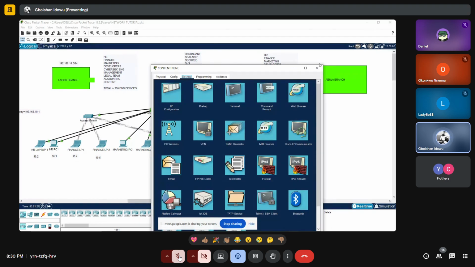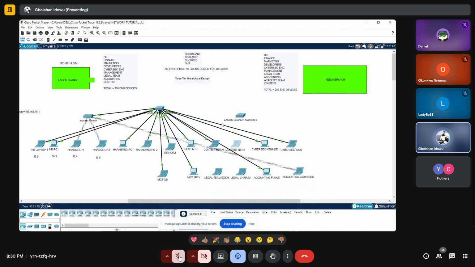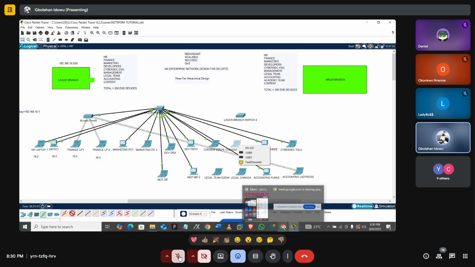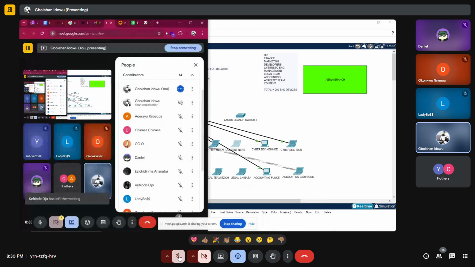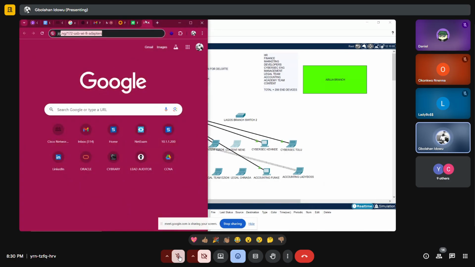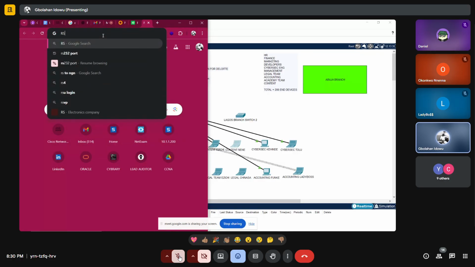So we use this laptop. Let me show something real quick. We use this laptop to configure the switch. So you go to RS-232. You will know what an RS-232 port is, just that you might not know that that is the thing. It's a common port and a common cable. So if you check the RS-232 cable,